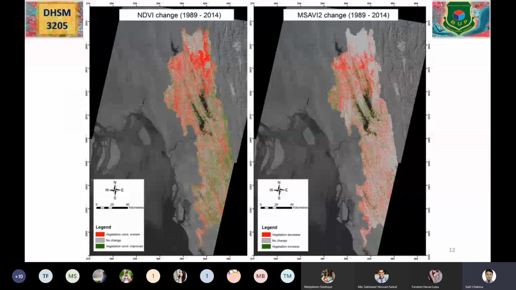So here is also an example of NDVI change. You will find that from 1989 to 2004, the northern part of Chittagong Hill Tracts has seen degradation of vegetation health. And then for 1989 to 2004, if you think of MSAVI, that is another index, you do not have to understand what NDVI and MSAVI2 are. We'll discuss them. For now, just look at the pictures and try to correlate them,